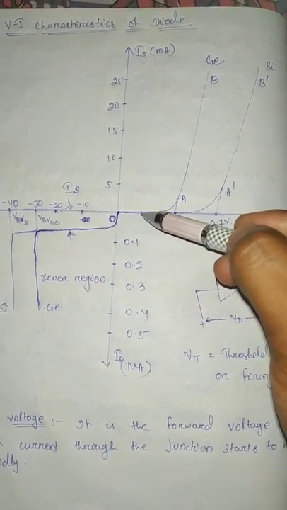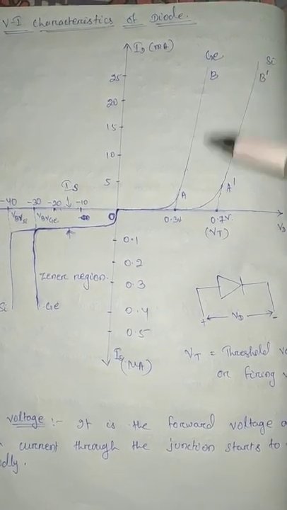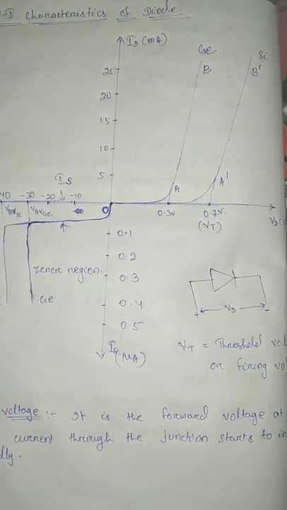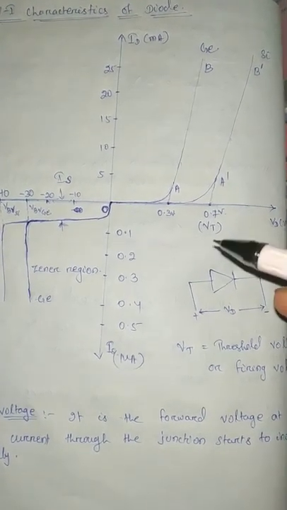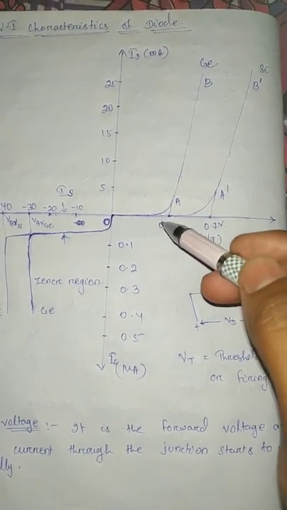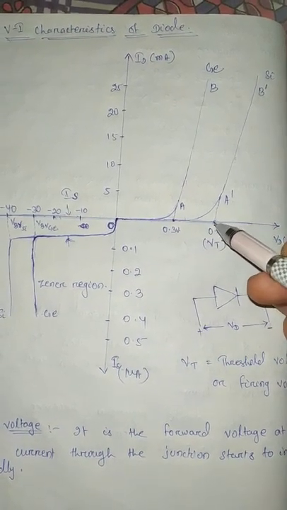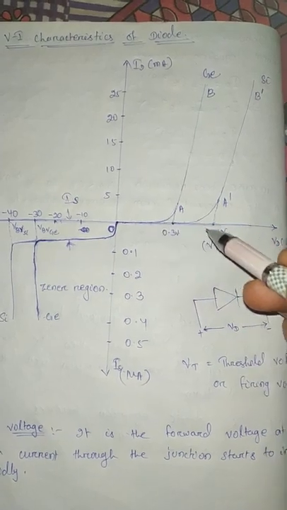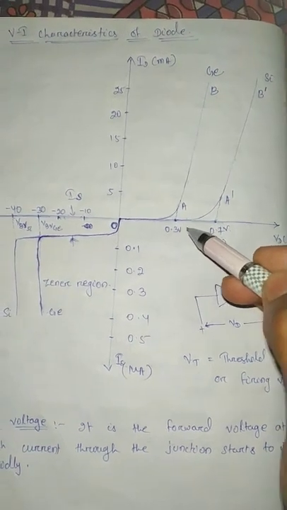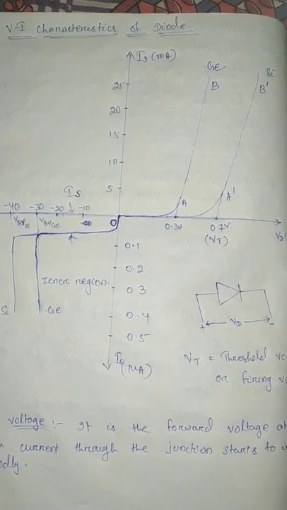As you explained, in forward bias conditions there will be an exponential rise in the current. As you see, this is the exponential curve for the germanium diode and this is the exponential curve for the silicon diode. In forward bias condition, one important term is the barrier potential. You remember that the barrier potential for germanium is 0.3 volt and for silicon type diode is 0.7 volt. When the supply voltage is greater than this barrier potential, that is greater than 0.3 volt for germanium and 0.7 volt for silicon, then current starts flowing through the diode.